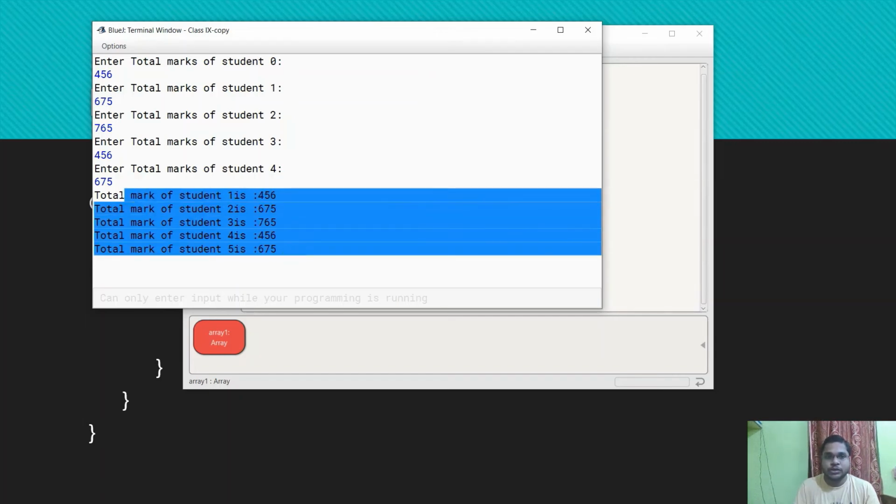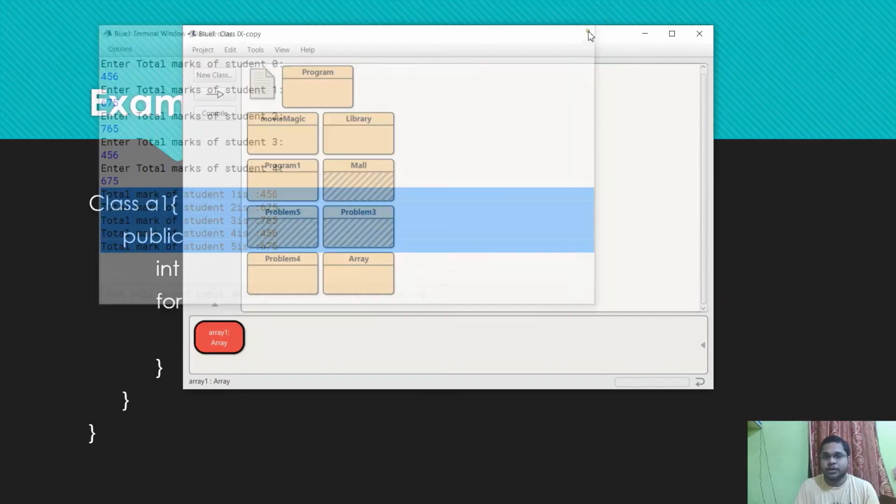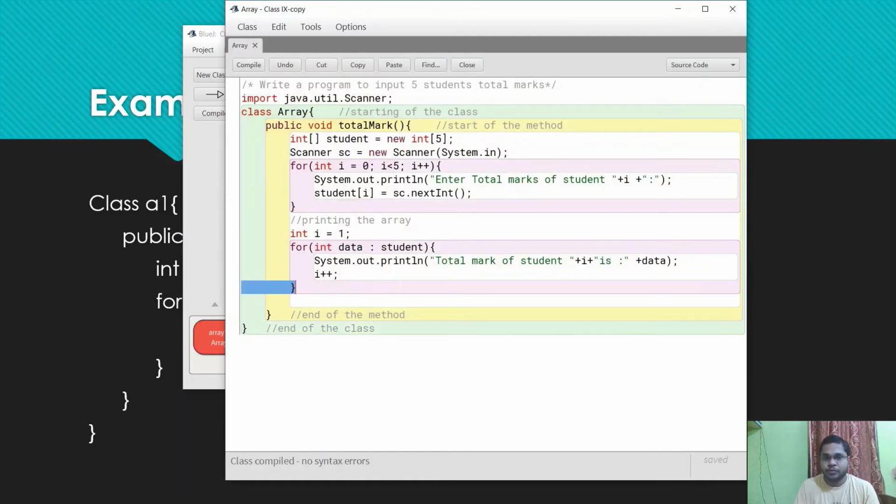So this is about the for each loop or your enhanced for loop. This is used to traverse the array very easily, and there is no need to put the range in your array. So just give the variable name, then colon, then your array name. That's it.